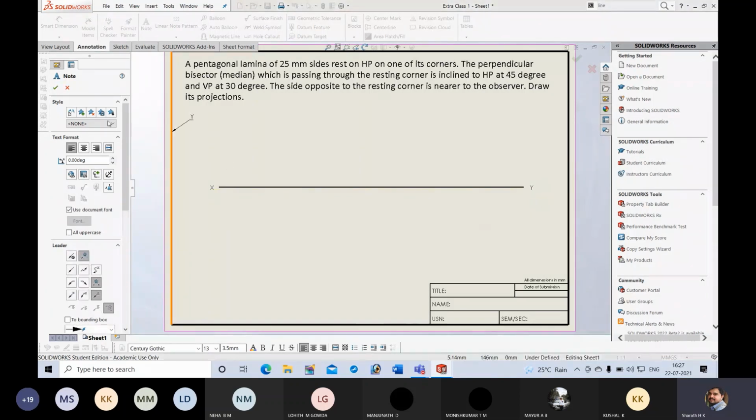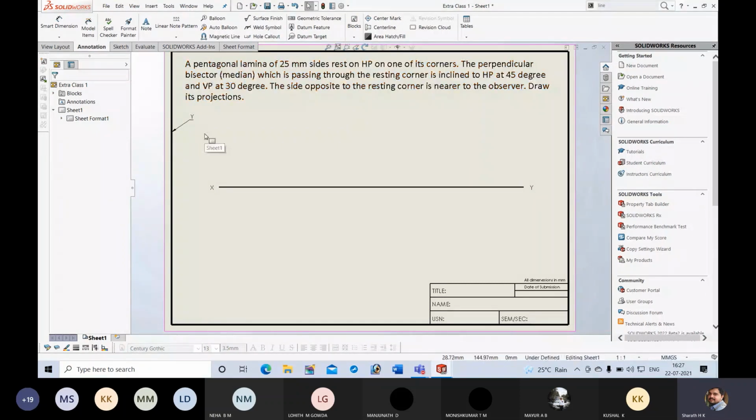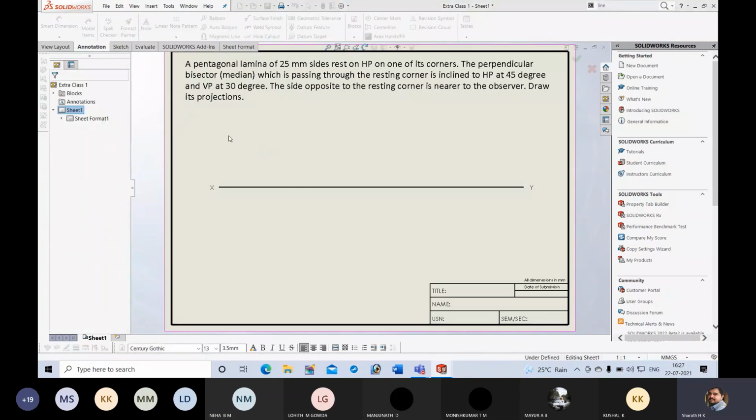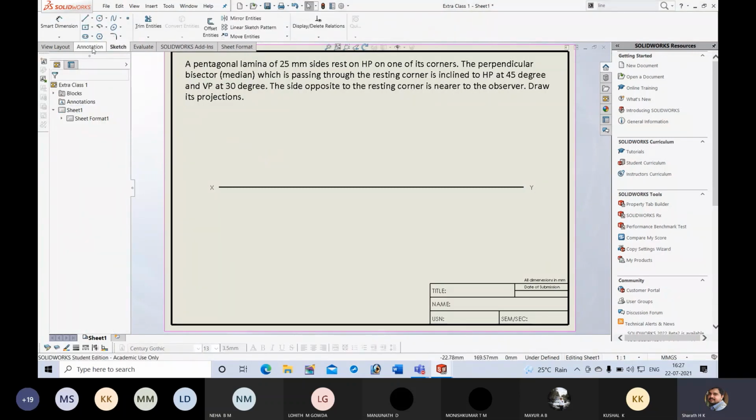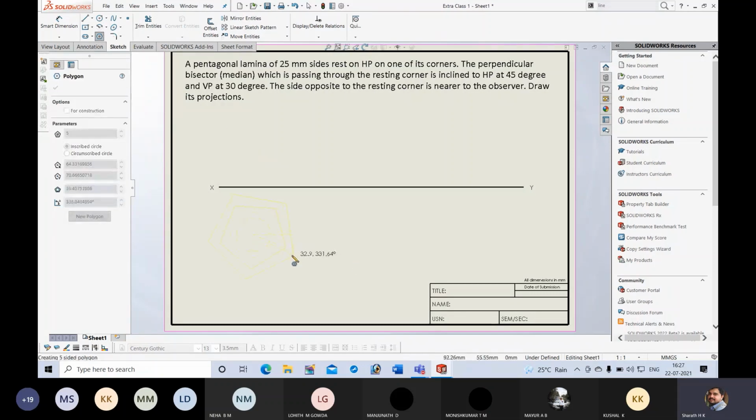Next, since it is a pentagon resting on corner, I should draw a pentagon such that I am getting the resting corner towards right. So I will go for polygon, then I will draw a pentagon. Number of sides is 5.